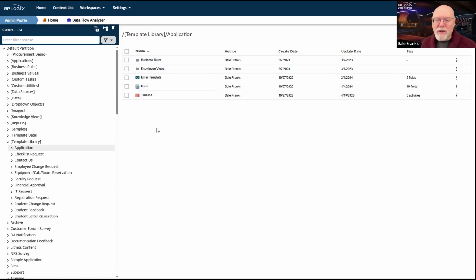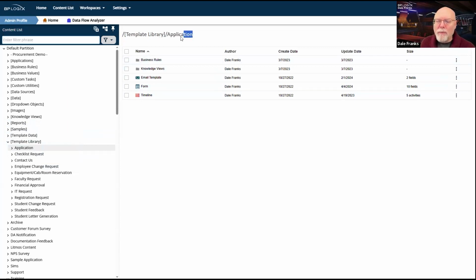Now, I have this template specifically created to make the creation of new applications easier. It gives me all of the basic objects. They're already configured, and they're already linked to each other, as we'll see in a moment. So this resides inside the template library folder.